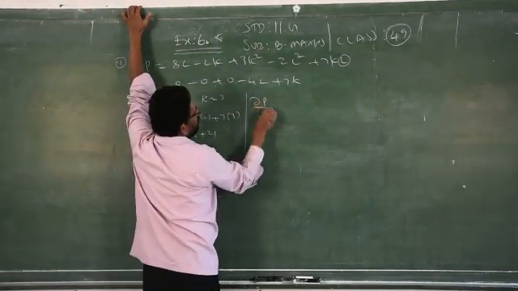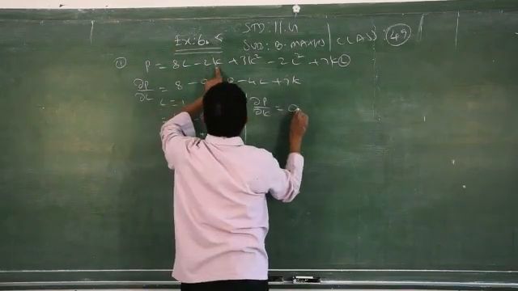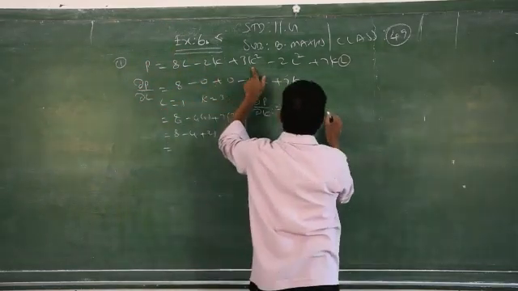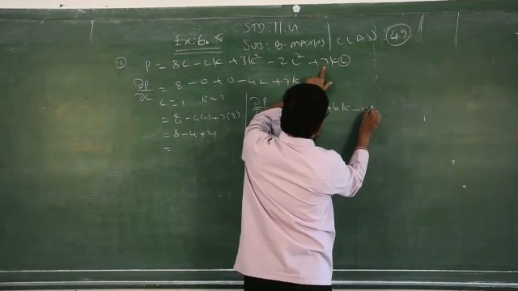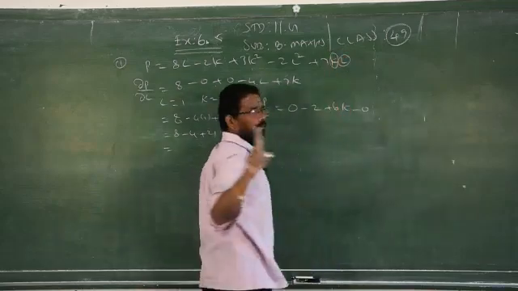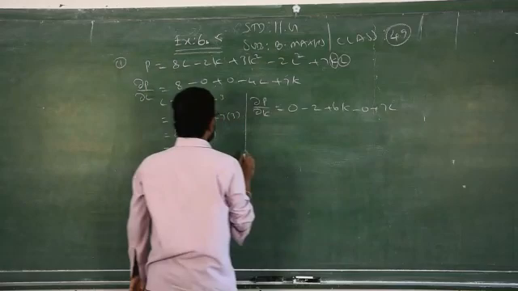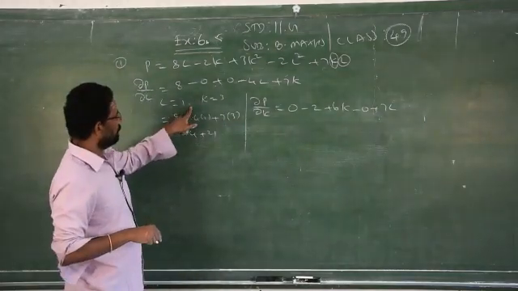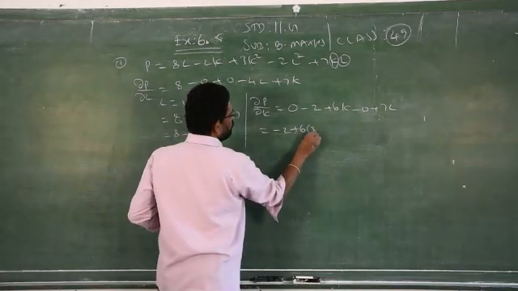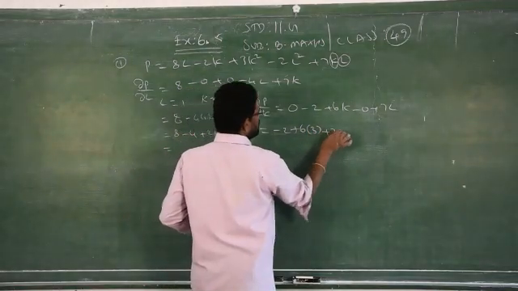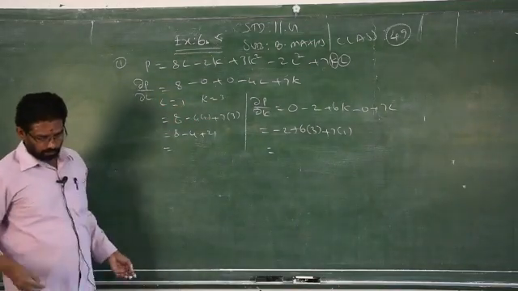Similarly, you have to find dou P by dou K. So this is 0. K is there, minus 2, this is plus 6K, no K here, K is there. When you differentiate K, K will become 1, so therefore you get 7L. Again replace L by 1, K by 3, that is minus 2, 6 of 3 plus 7 of 1. Simplify, you will get the answer. Simplify and write yourself. Clear?